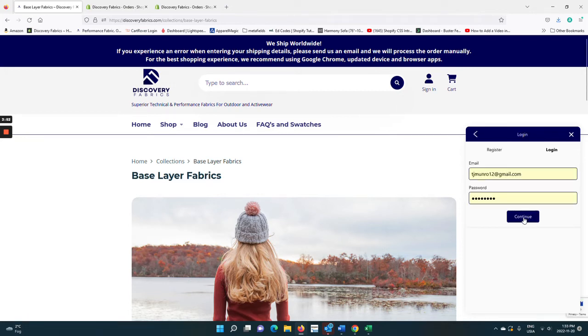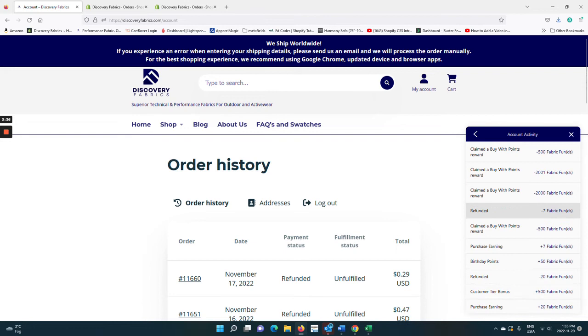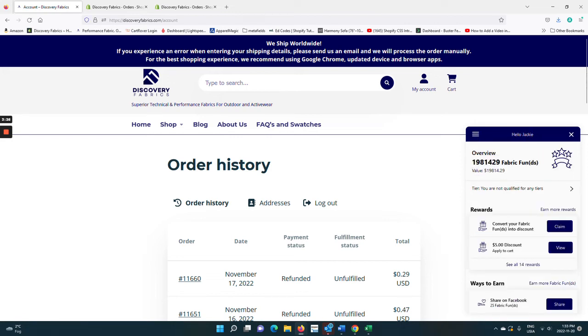So you can just go ahead and log in, and the first page that it takes you to is just going to show you an overview of all of the things that you've done. So if you again click on this blue box, it's going to tell you how many fabric funds that you have. It's going to show you all of your account activity with fabric funds, and if you click on the little arrow in the top left corner, it's going to take you to the page where you can find your